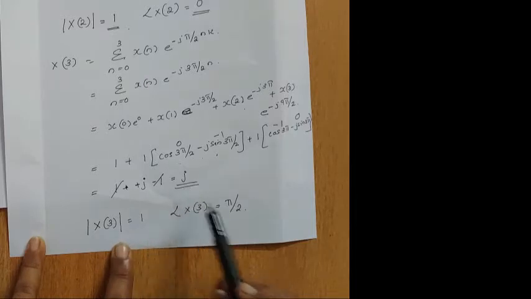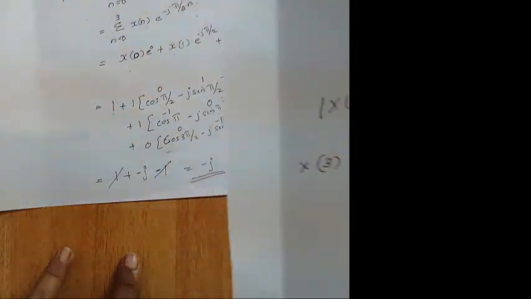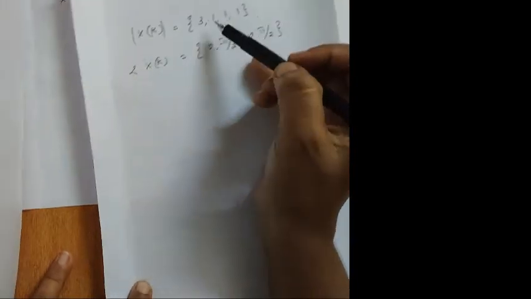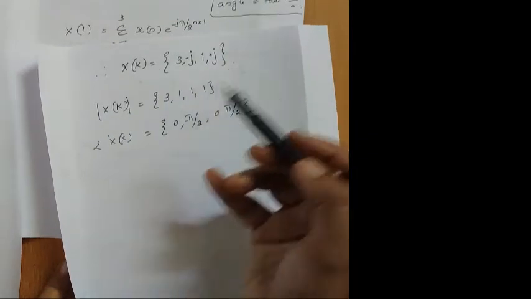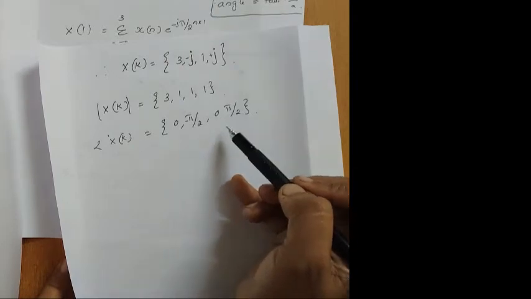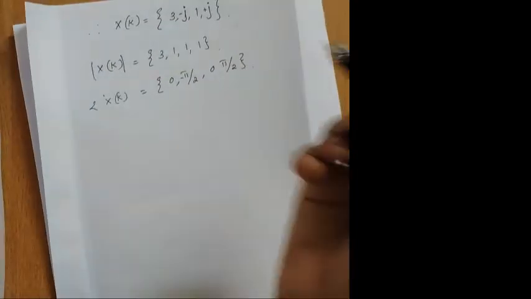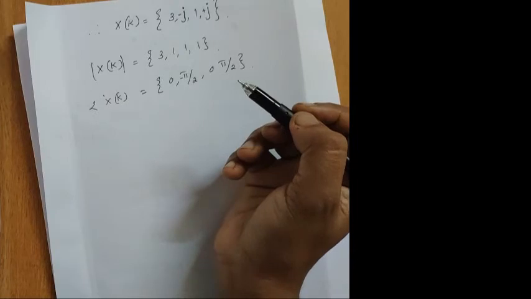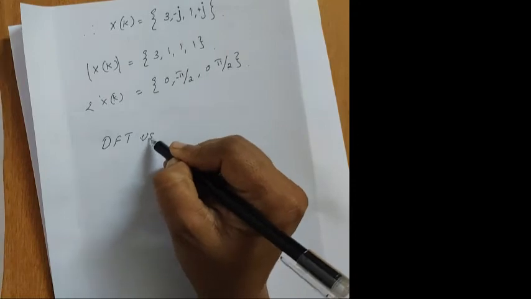Angle, if it is j, it will be pi by 2. Similarly, you can write it as X of k. Your final values you got 3, minus j, 1, plus j, and the magnitudes you got 3, 1, 1, 1, angles 0, minus pi by 2, 0, plus pi by 2. So here you can do it for more number of values, but the problem is that each and every time you have to find the value in terms of cos and sin. So there is another method that you can use, DFT using